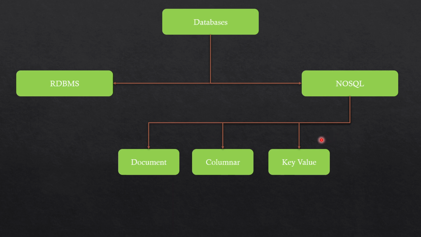Now the next one is your key value pair. This one is a simple kind of database. It is just like a map where you have a key and a value. Now the key can be a simple integer key, and the value can be a blob kind of thing, where you can store a complex data type or data structure, or even an image or a small video, that kind of thing. A common example of a columnar database is Cassandra or HBase. For key value, it will be Redis or Memcached, which can basically work as a cache for you.